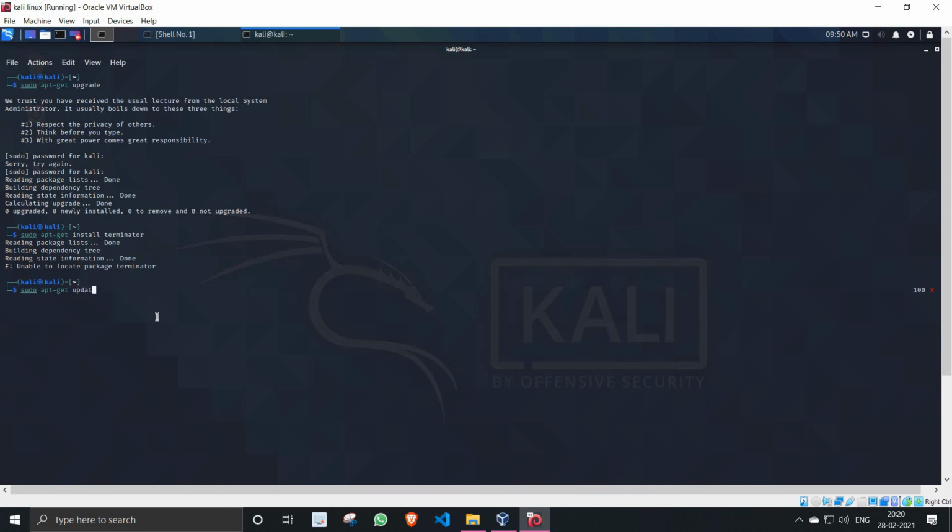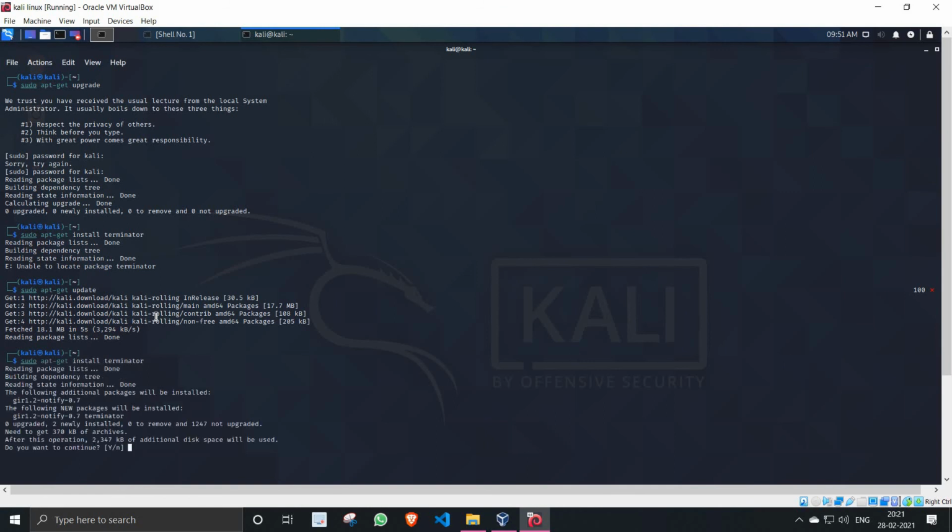Oh, sorry, we have to use apt-get update first to download anything in Linux. You have to use the command apt-get install and write what you have to download. Okay, so download the Terminator. Write sudo apt-get install. I have already updated it, so I have no need to do it. Yes, it is asking for yes. Confirm yes. Download it.